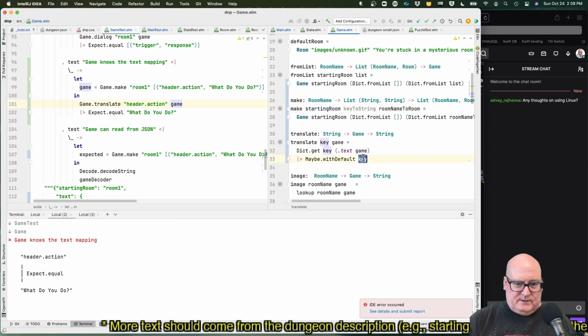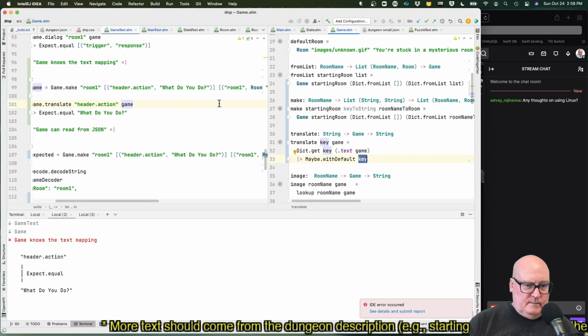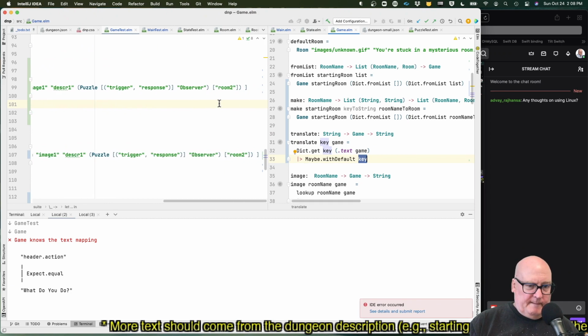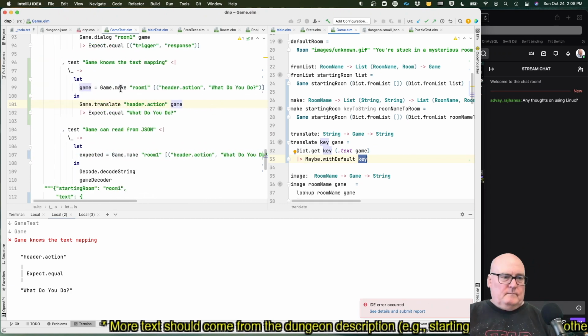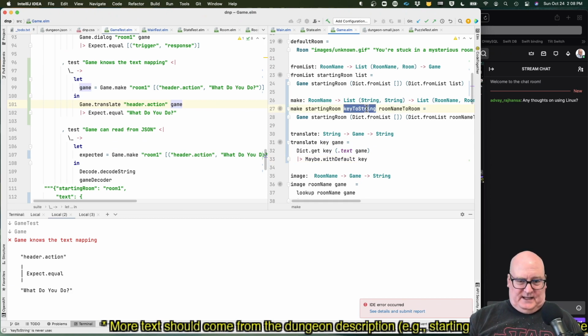Oh, I don't want to. Do I want to return the key? Okay, header.action should have what do you do? Oh, our make doesn't do any making. It just does that.